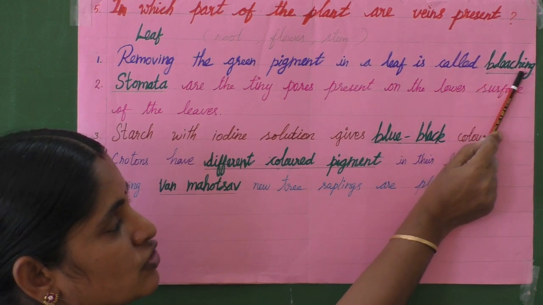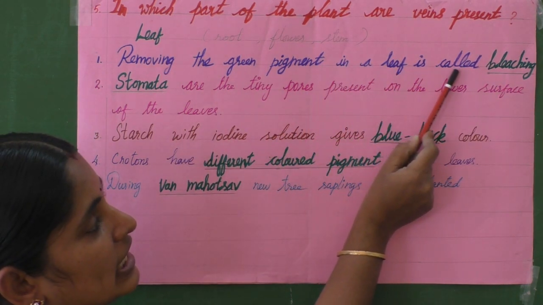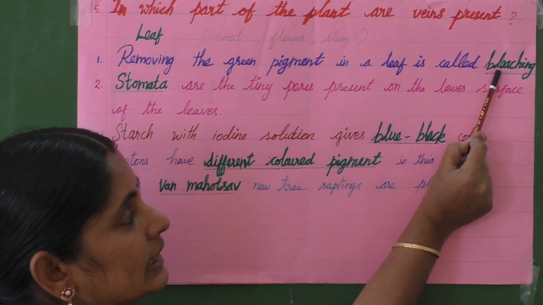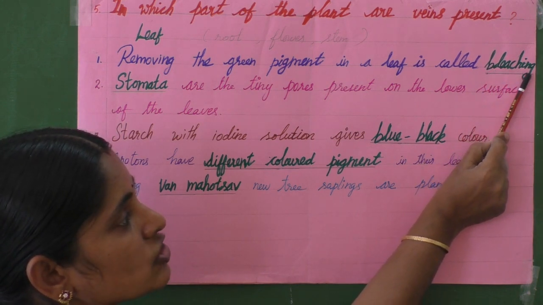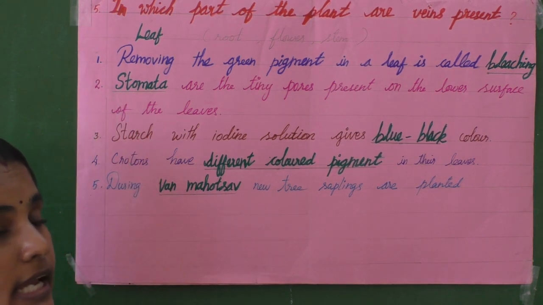B-L-E-A-C-H-I-N-G, bleaching. Removing green pigment in a leaf is called bleaching. Then the second one,